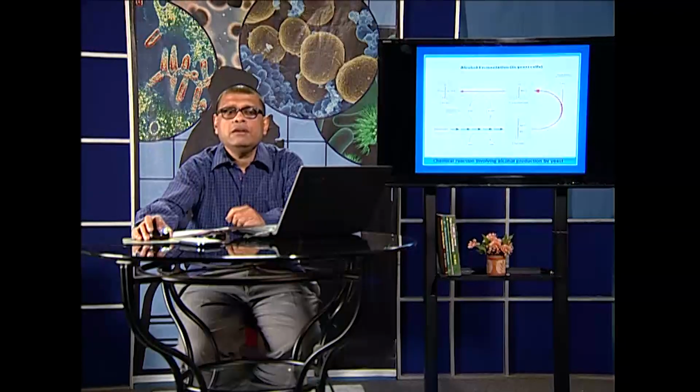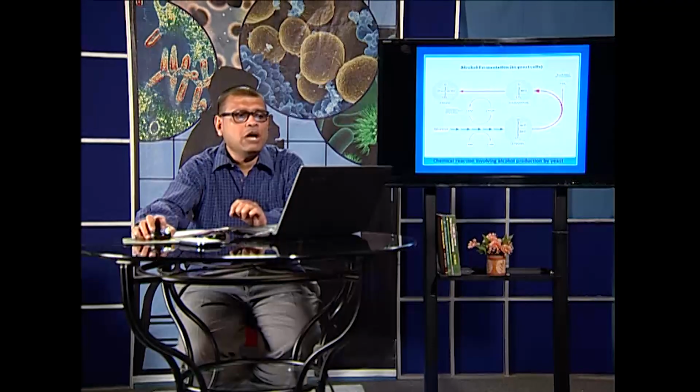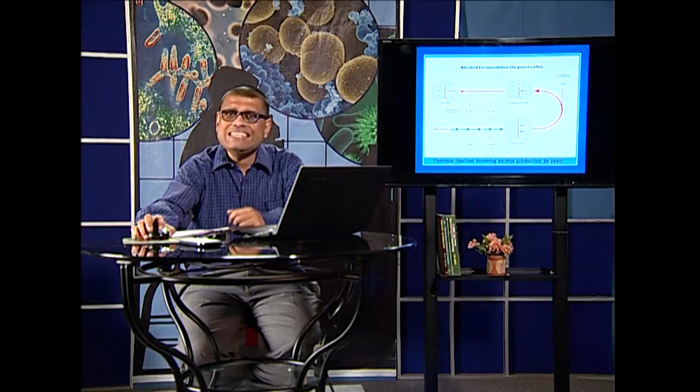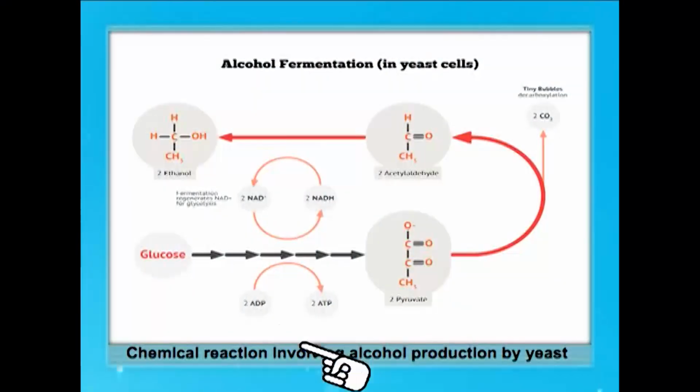The next important aspect is the product of different fermentation of different microorganisms. One such important fermentation product is ethyl alcohol. Ethyl alcohol mostly is produced by a unicellular fungi, the yeast Saccharomyces cerevisiae, which converts glucose to pyruvic acid, then pyruvic acid is converted to acetaldehyde, and finally ethanol is produced. So alcohol production is a very important fermentation product, and commercially it is utilized where there are